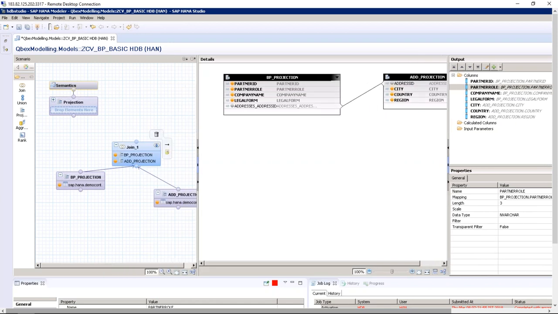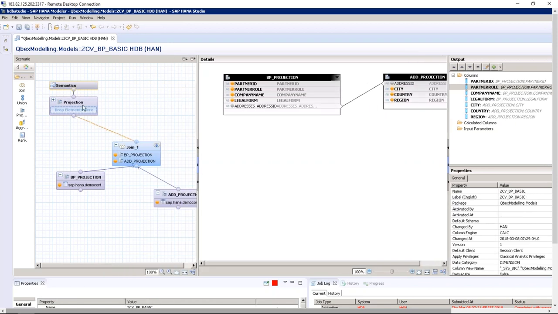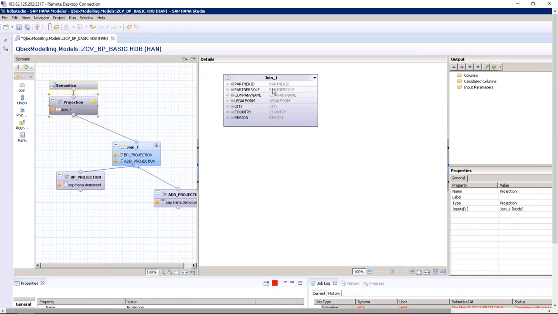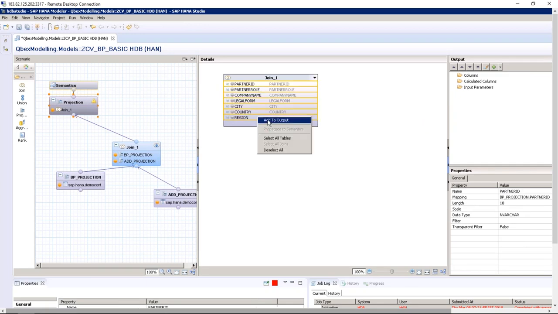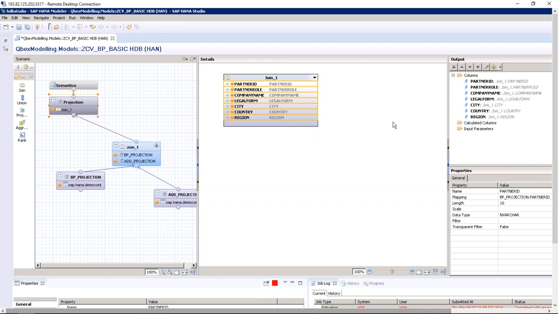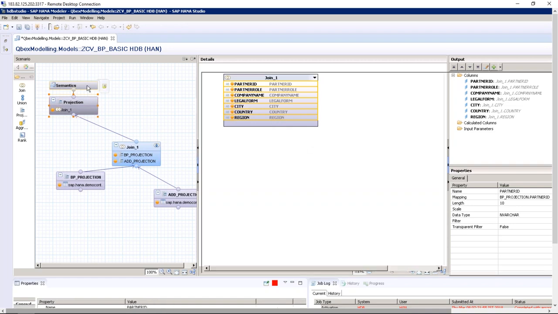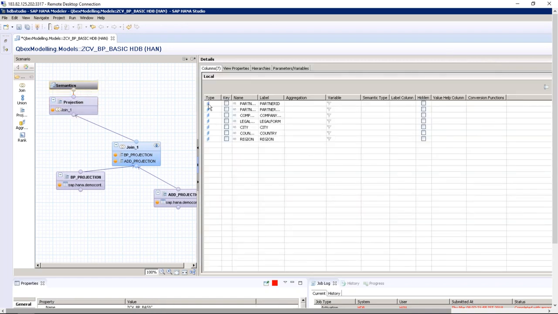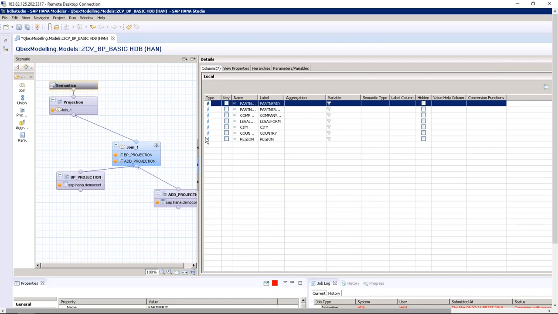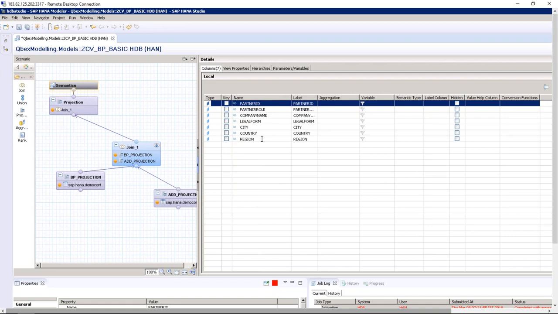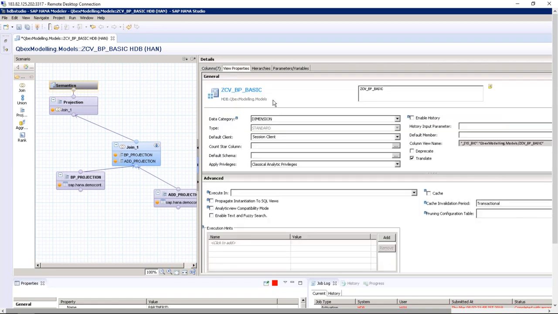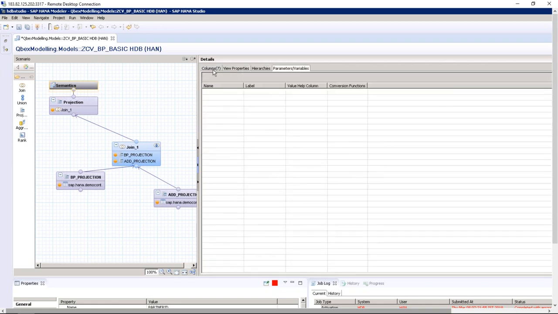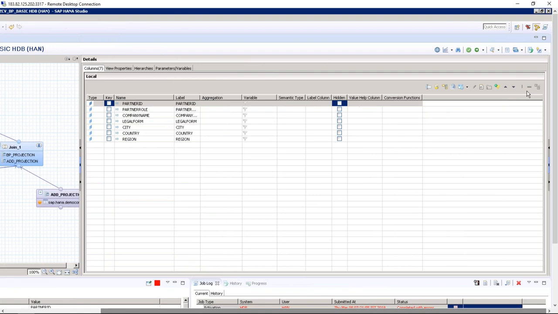Then what about the default join? You join it to the default projection now. In the projection, there are no columns. Then you can say I want all the columns. So you can use the shift button, select all, and add to columns. And then you can go to semantics. Then you get to see this symbol indicates it's a dimension. You get to see all the column names: partner ID, role, company name, city, and this. There are view properties. Don't worry about them now. That's it. And then I'm going to activate this